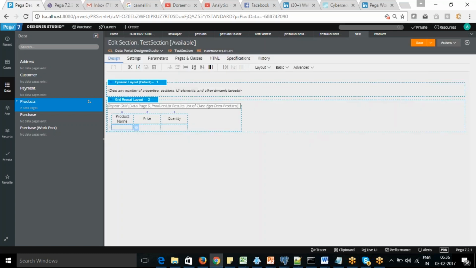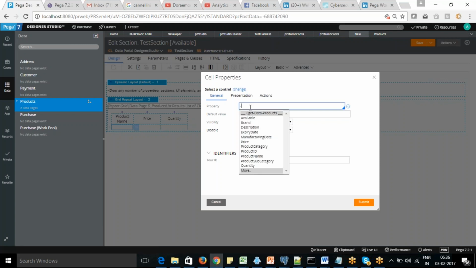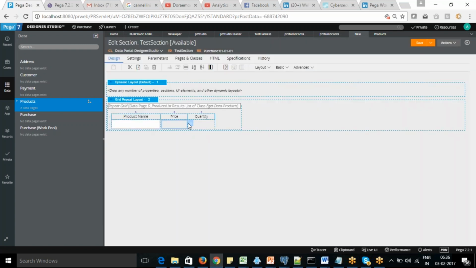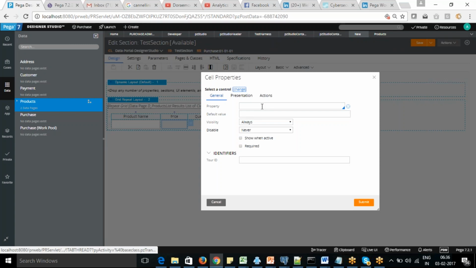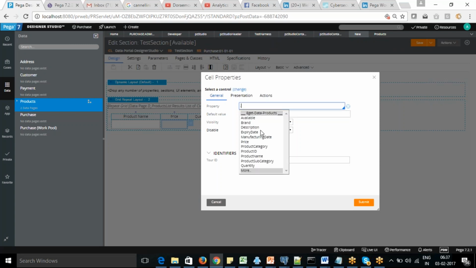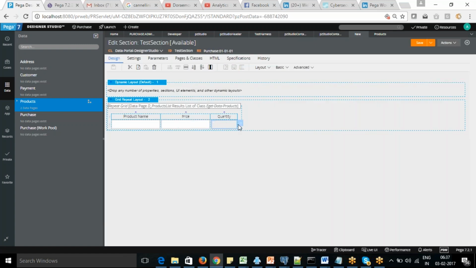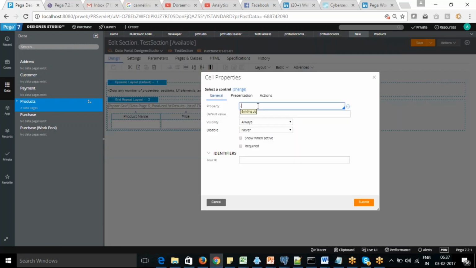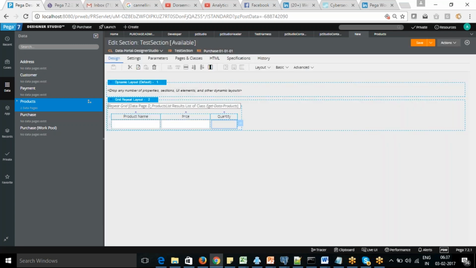Okay, so that same thing I need to map here as well to display the property here. So product name. Okay, so this one I have created from my end.